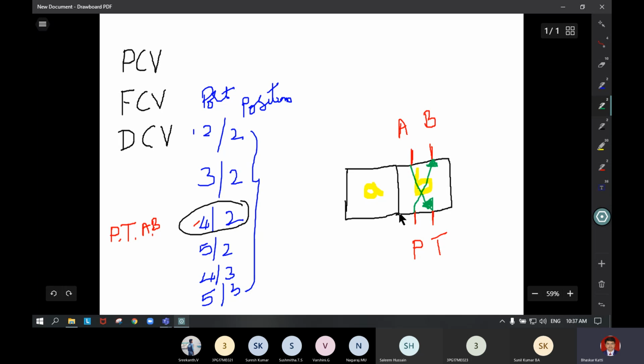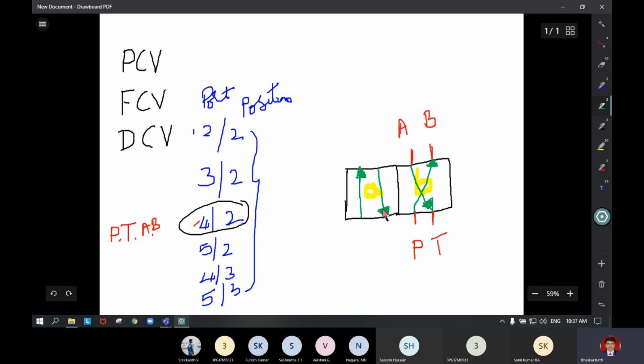From this point it is at this distance, so here also you consider the same distance, the corresponding point. From P it has to be connected to the A port. Here the triangle you have to write as a filled one. And the B port is here, the corresponding position to the T port. You have to draw a filled arrowhead like this.